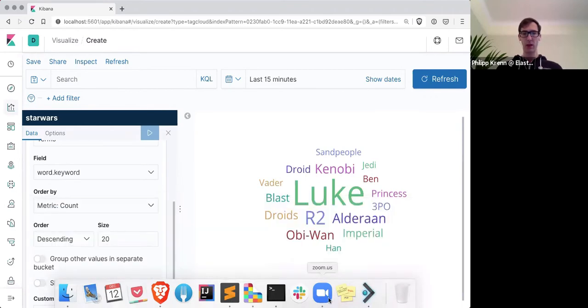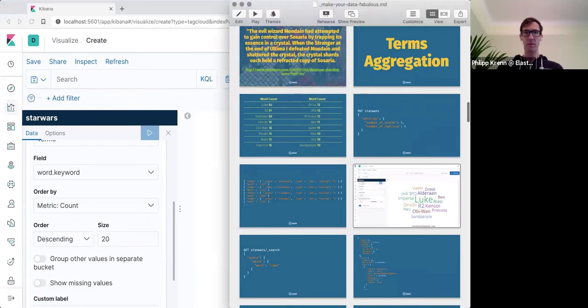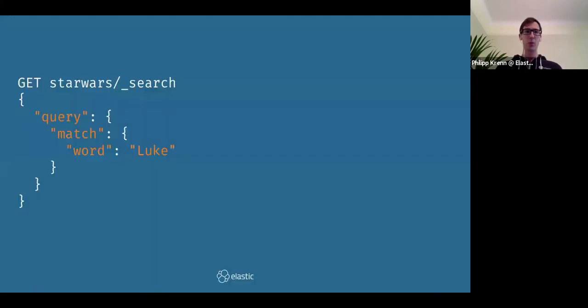So let me head over to my slides. What we want to have is, now we want to search actually for Luke. This is just a regular search where we were searching for the term Luke.